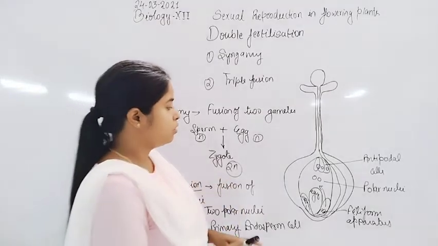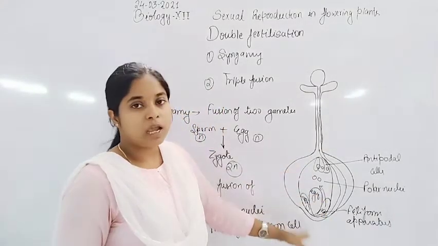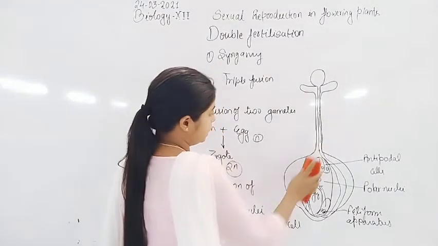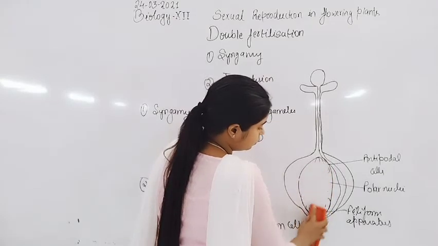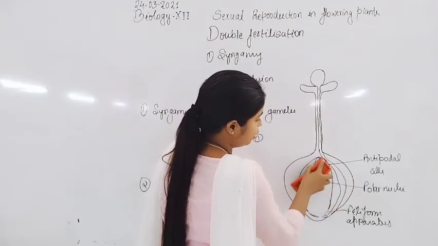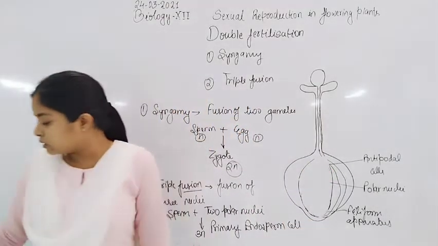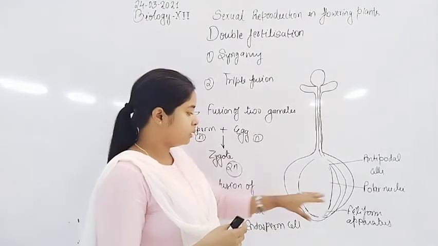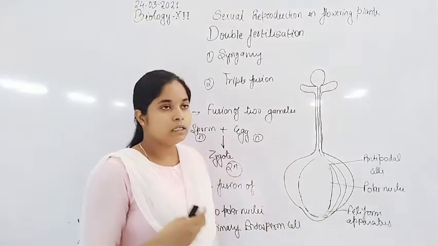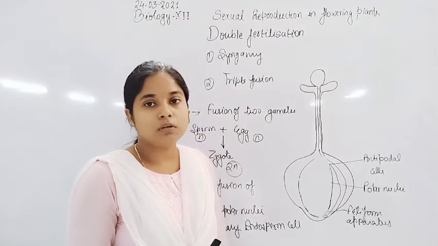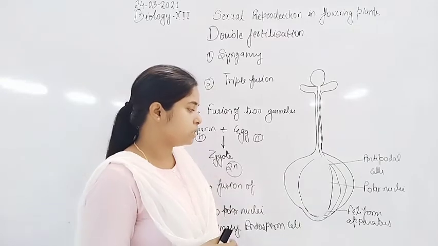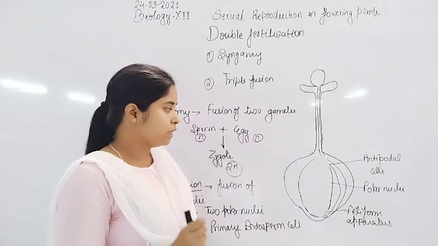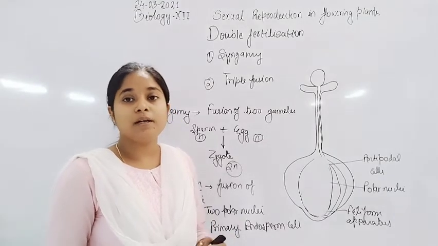So what is the structure of the whole embryo sac after the division? The function of the synergid cells is completed; they are only responsible for guiding the sperms so that they can easily fuse with the egg or the two polar nuclei. The synergid cells and the filiform apparatus provide guidance to the sperm so that they migrate towards the polar nuclei and the egg cell.